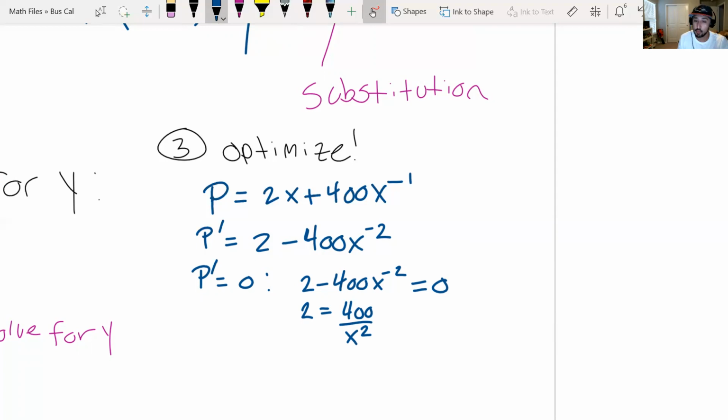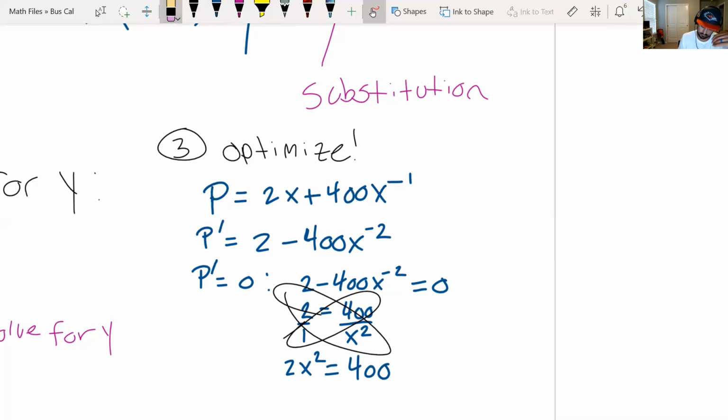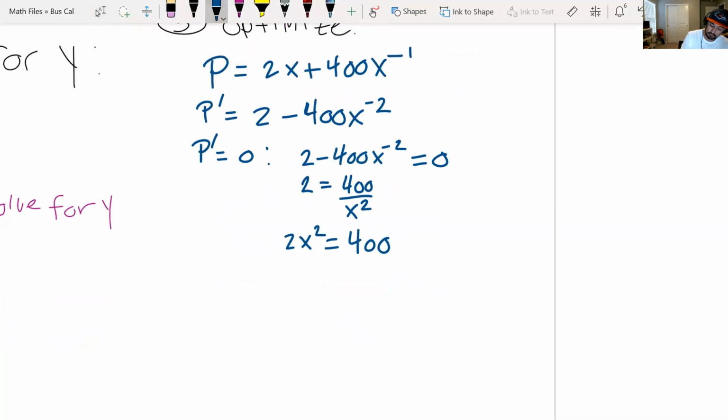And then I'm going to multiply both sides by x squared. You remember this old school technique called cross multiplying? Well, if I put this 2 over 1 and I cross multiply, you'll get 2x squared equal to 400. Next is divide by 2. Divide both sides by 2. x squared equals 200. Then take the square root,